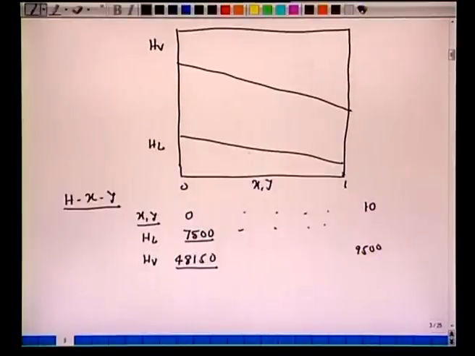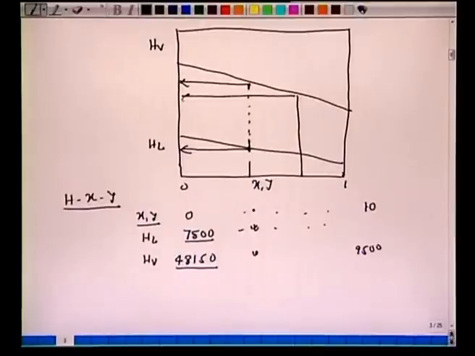All right. Now suppose you have chosen some point here for x and y to mark this coordinate HL. So corresponding to this x here, you have some HL and some HV here. So make a note that these 2 points, they are not in equilibrium. You must understand that this is not a tie line. For every x or y, whatever numbers we get here and we plot like this, these are not the tie lines. These are not the equilibrium. Tie lines would be like this.